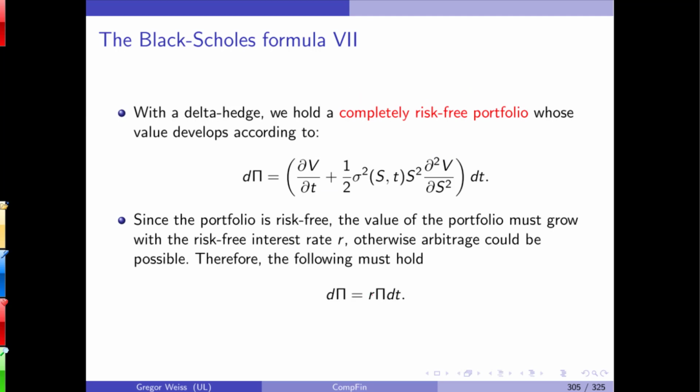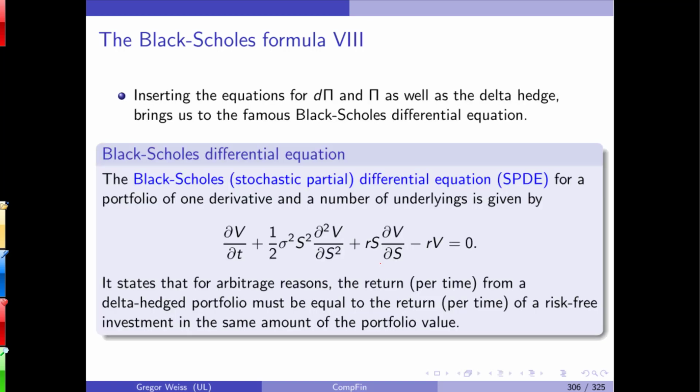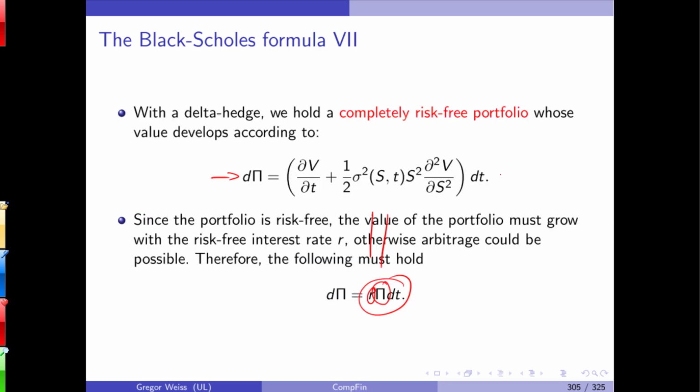In this case, it's simply R times the portfolio value times dt. And here you see the change of the portfolio if it's deterministic. And this should be the case on an arbitrage-free market. So you simply set this equal. And if you rearrange this a little bit,